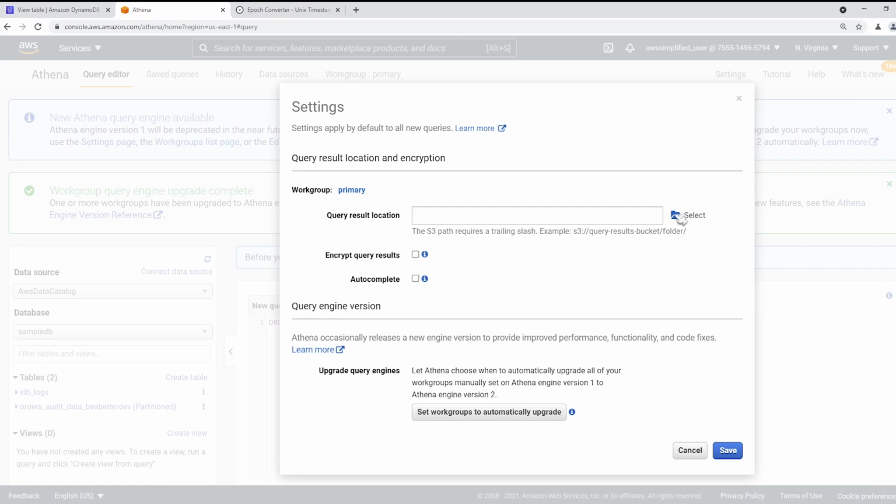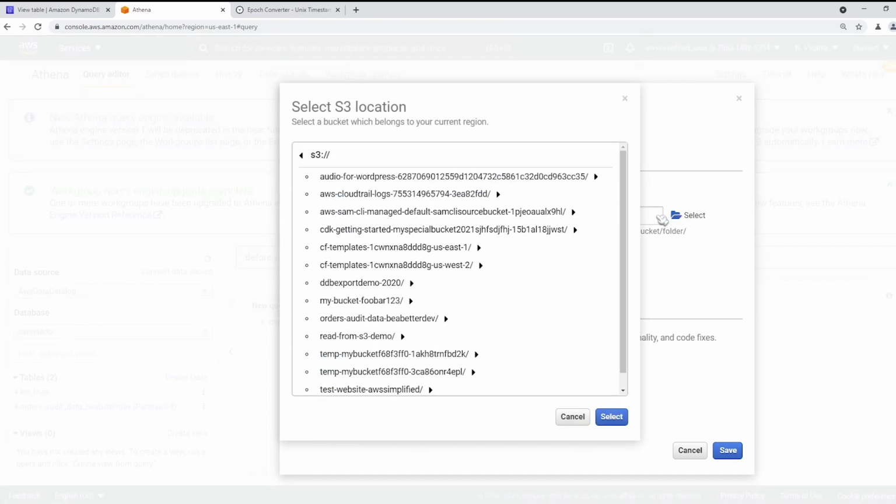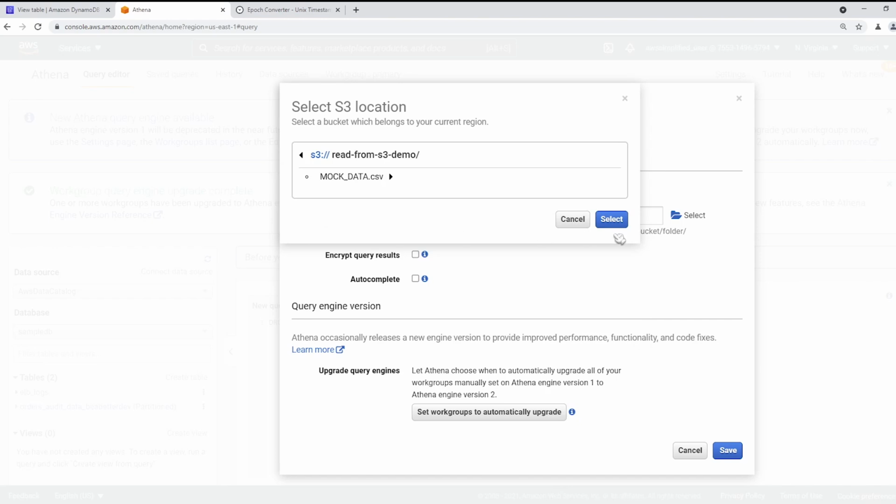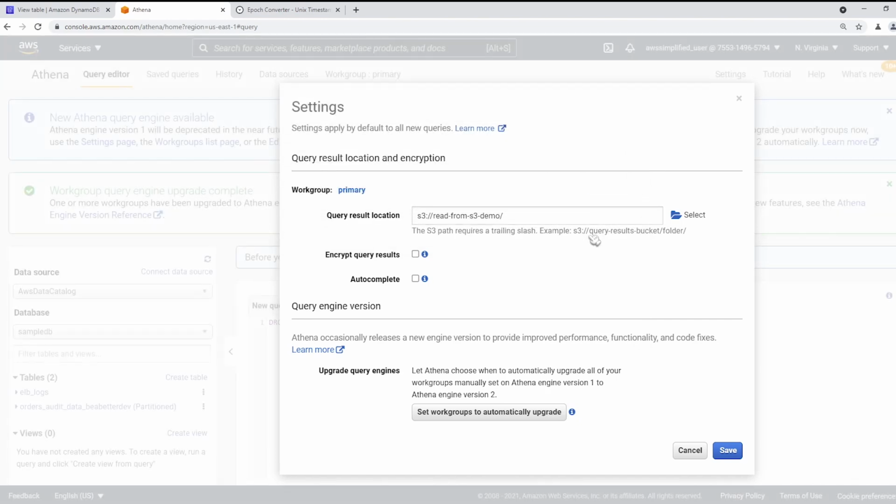So you can set this to whatever you want, or you can create a new bucket. I'm just going to select some random bucket I have that is unrelated. So yeah, this is something random that I can use. So yeah, we're going to put that there. But in your case, maybe you want to create one that's actually meaningful. For me, it doesn't matter. I'm going to go ahead and click on save now.